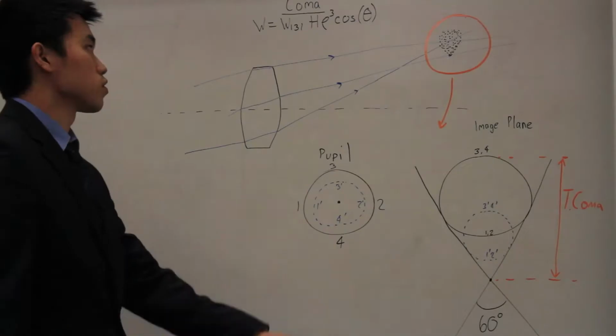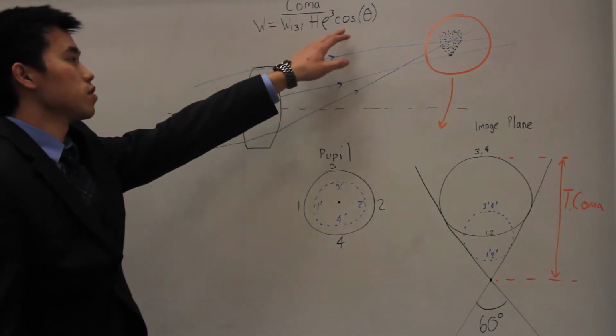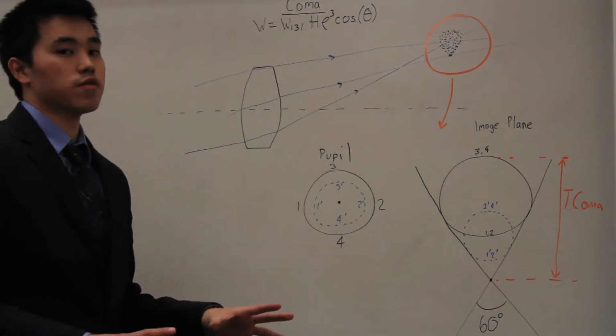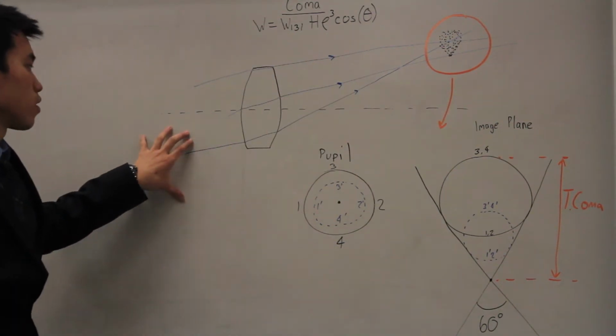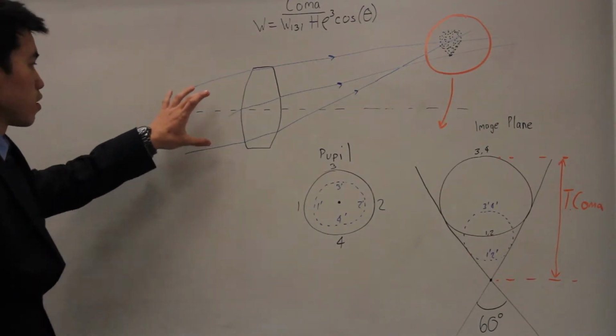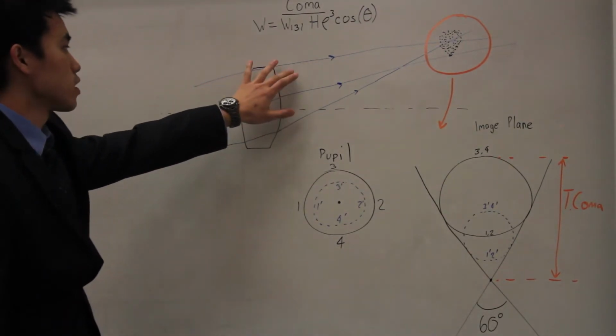This is Lab 6, off-axis aberrations, and we are in the Wednesday night lab from 6 p.m. till about 1 a.m. Coma is a third order wavefront aberration, described as W131 H rho cubed cosine theta, showing a linear dependence on your field height. This image here illustrates how coma works. You have your off-axis ray bundles that are incident on the lens, producing coma,